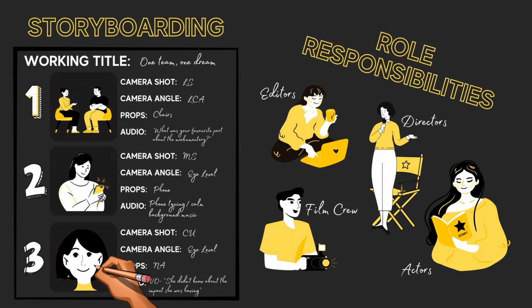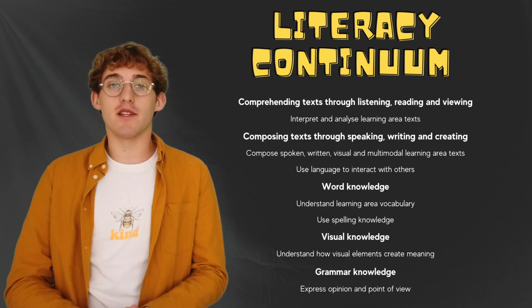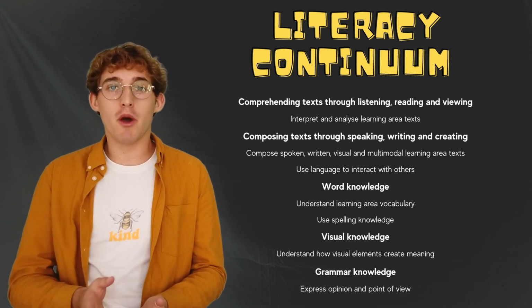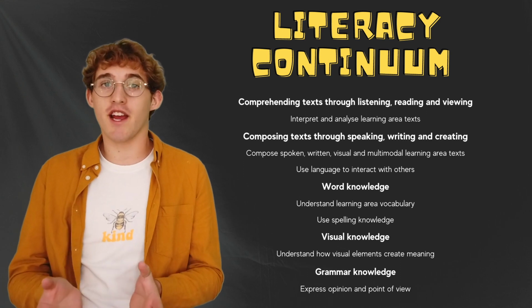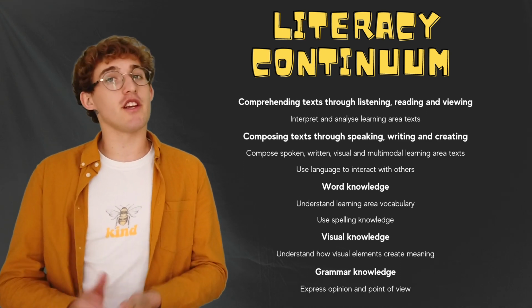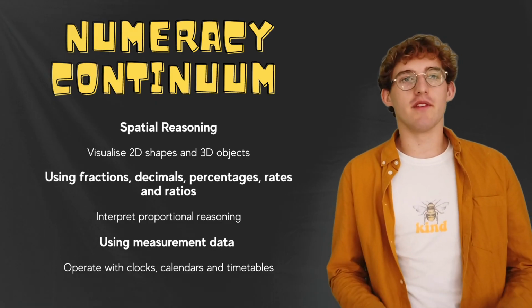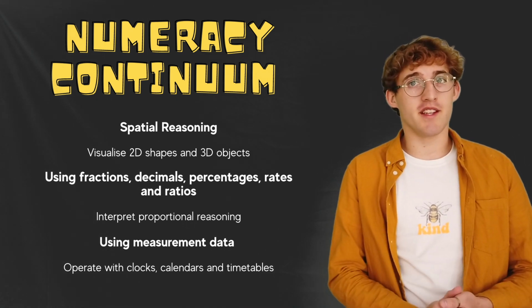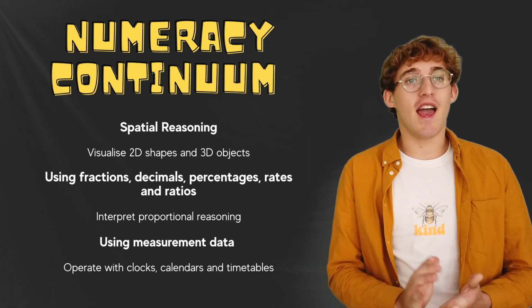While everyone is to take part in the storyboarding and writing of the script, each person should be assigned a production role and identify the contextual responsibilities of that role in the documentary production process. The literacy elements involved in this task are comprehending text through listening, reading and viewing, composing text through speaking, writing and creating, visual knowledge, word knowledge and grammar knowledge. The numeracy elements involved in this task are spatial reasoning, using fractions, decimals, percentages, rates and ratios, and using measurement